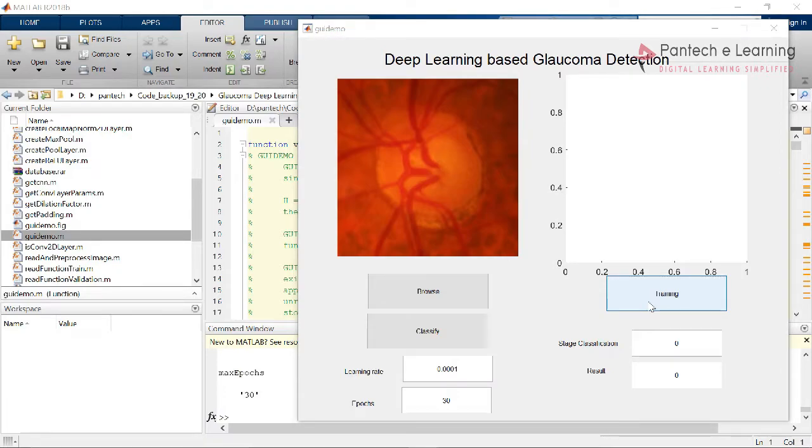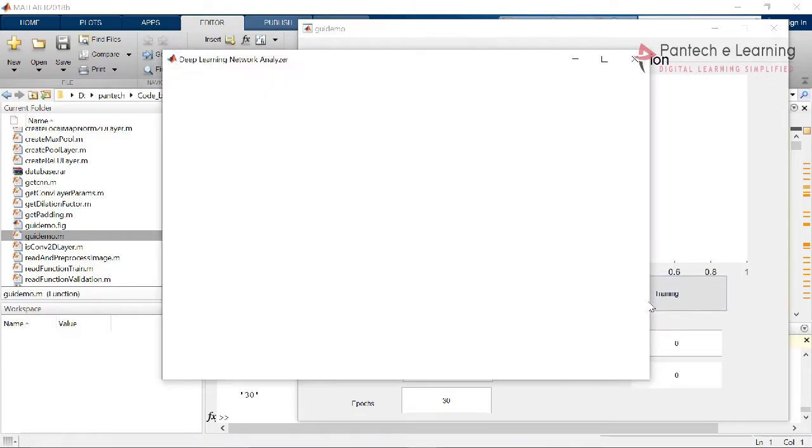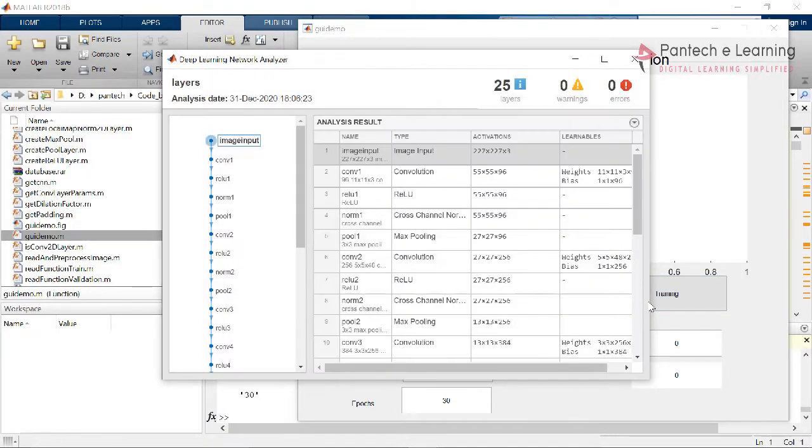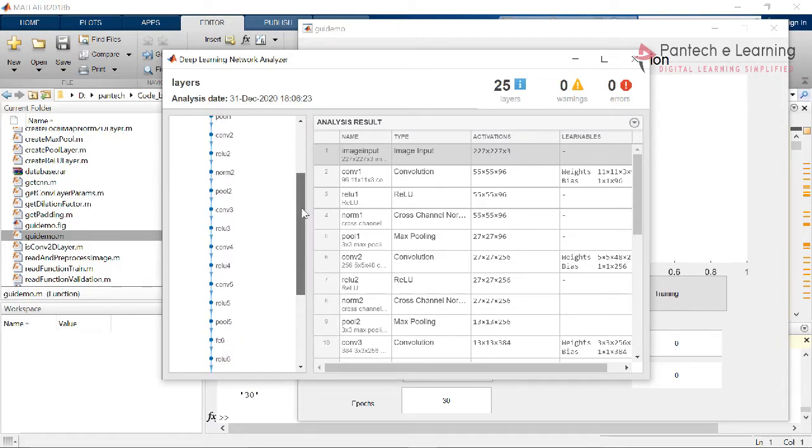Now we will have the training window for analysis. Here you can see the analysis date and timing and also the process. You have to wait till it gets completed.